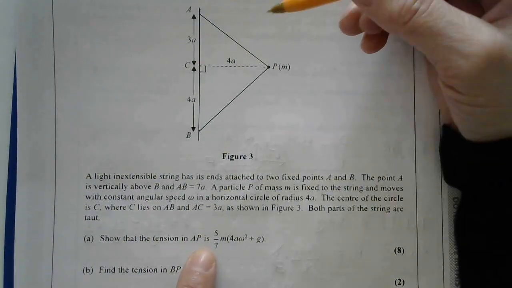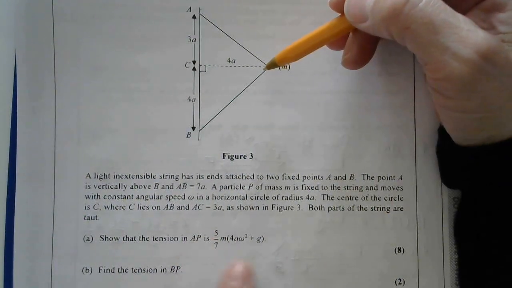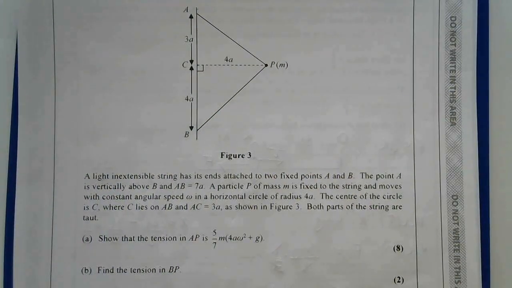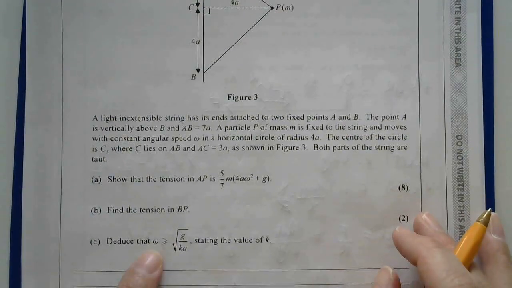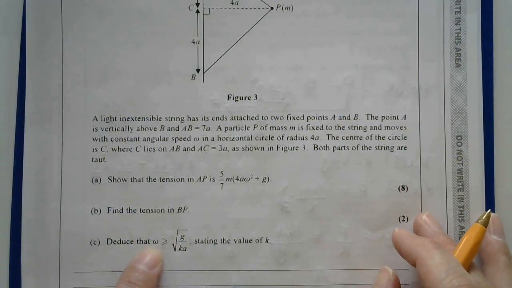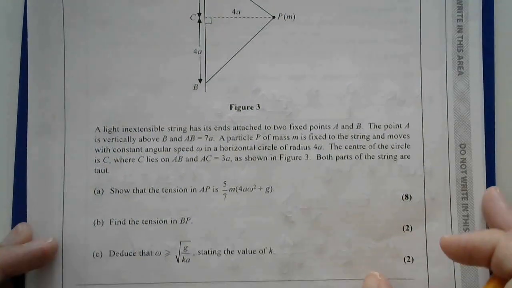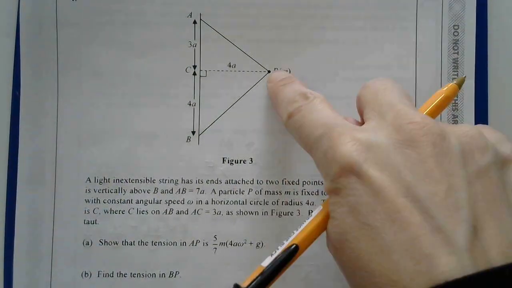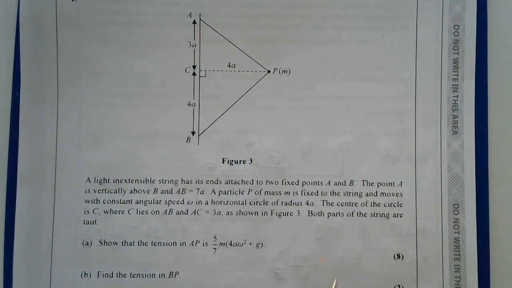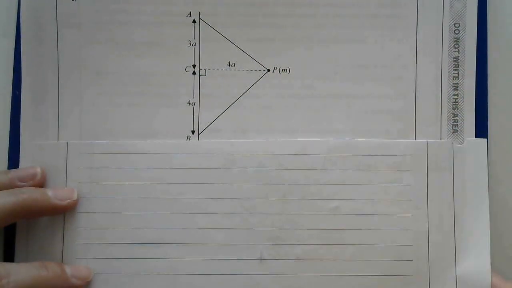Show that the tension in AP is this. And then afterwards I'm asked to find the tension in BP, and then afterwards deduce that omega is bigger than or equal to this. Okay, so if we begin by just drawing a diagram of what forces are acting on P, then